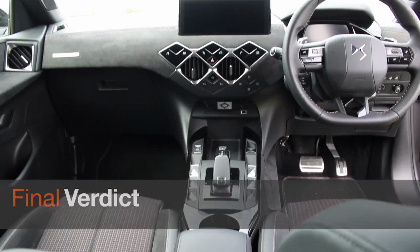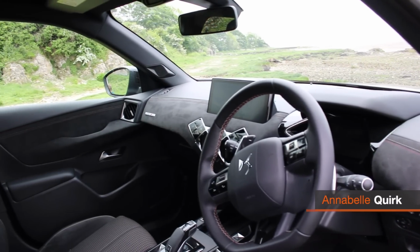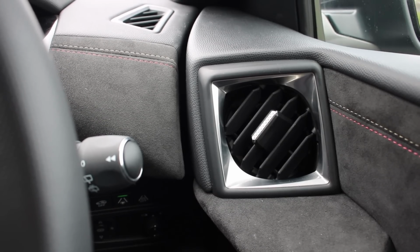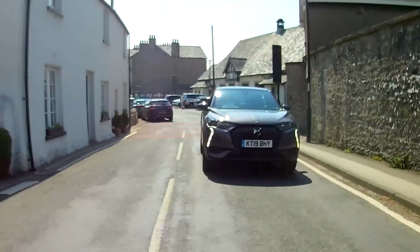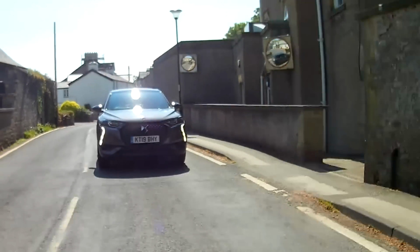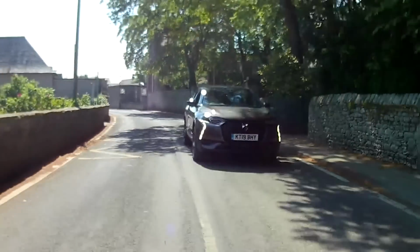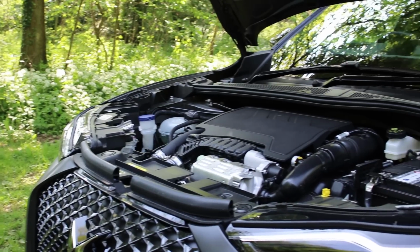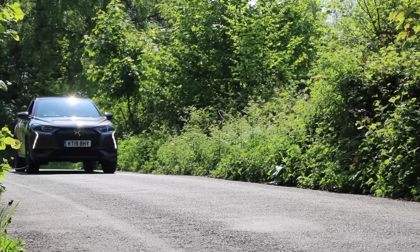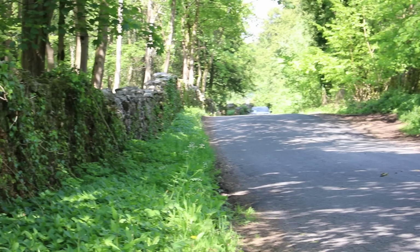With interiors inspired by icons of Paris, this soundproofed compact SUV has an exquisite attention to detail inside and out, and prices start from just over £21,500. With a range of engines to choose from, including 100% electric, there's a lot going for this car. This model is the Performance Line PT130 Auto and comes with a 1.2-litre 3-cylinder turbocharged petrol engine that delivers 230 Nm of torque. It has an 8-speed fully automatic gearbox